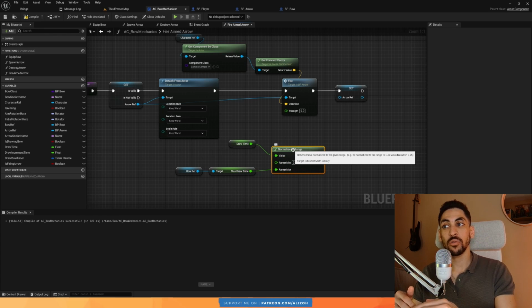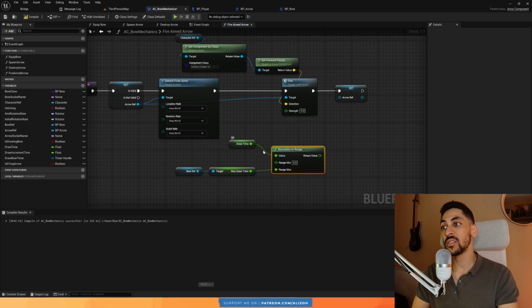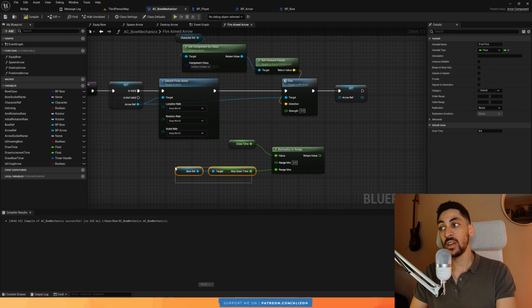If you hover, this function will tell you that it normalizes to a given range. So if 20 is normalized to 10 and 50, it will result in 0.25, because 20 is 0.25 between 10 and 50. So basically what this does is it normalizes this value, whatever it is, to between 0